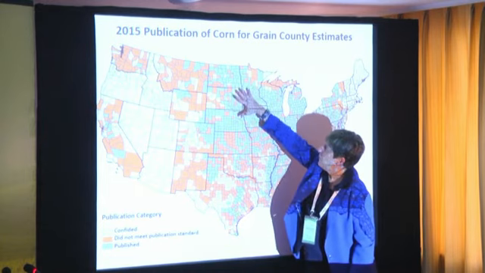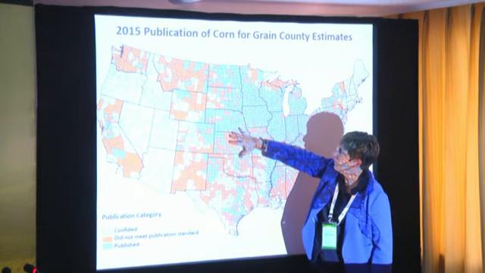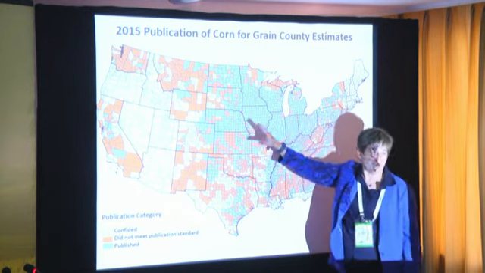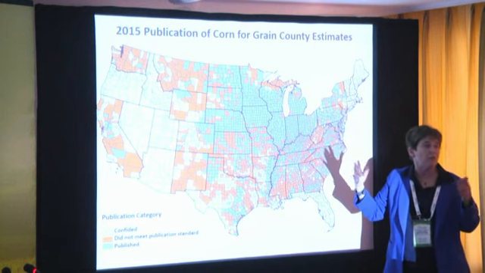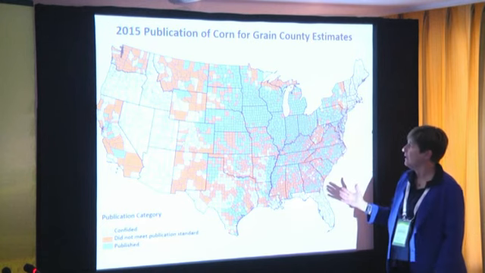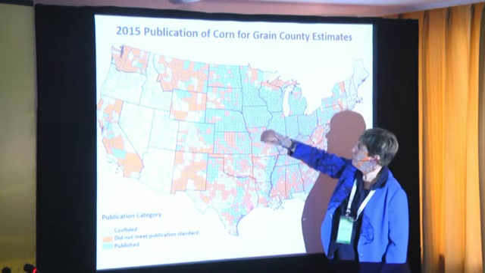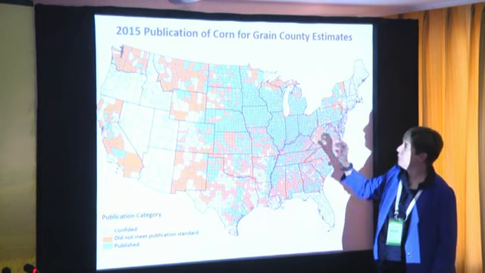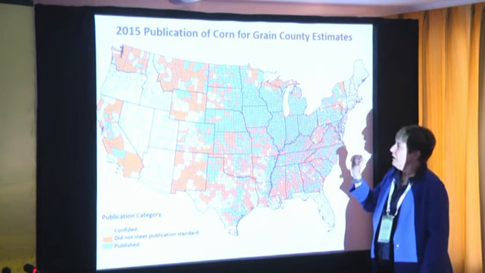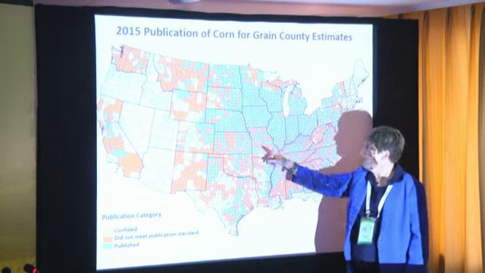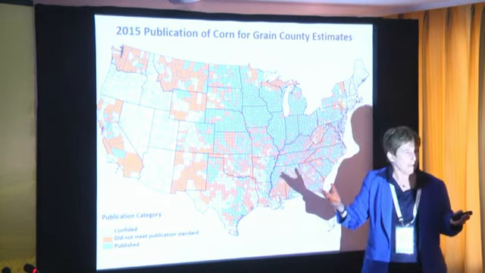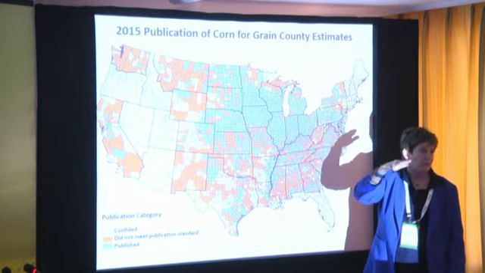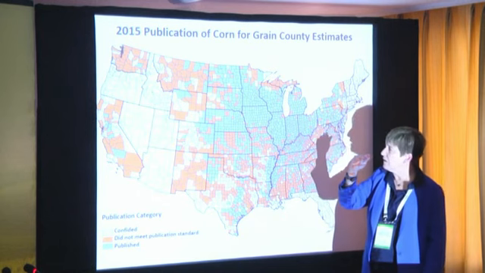And you'll see here in the Plains states, South Dakota, Nebraska, and Kansas, we have a large number of counties for which we just didn't get enough data to make a report. But in most of the counties, and Missouri's another one, most of the states in the Corn Belt, we do have enough data. Now, these farmers get very upset when our county estimates come out because they don't have our estimate upon which to base this